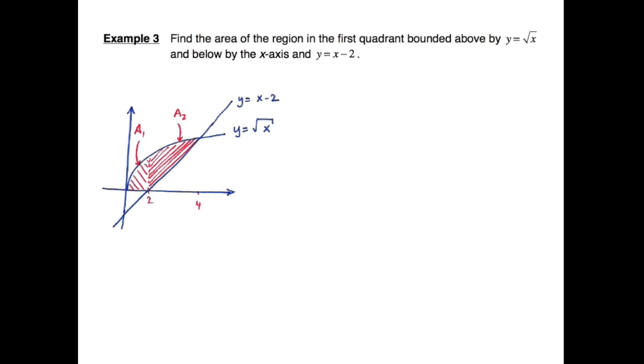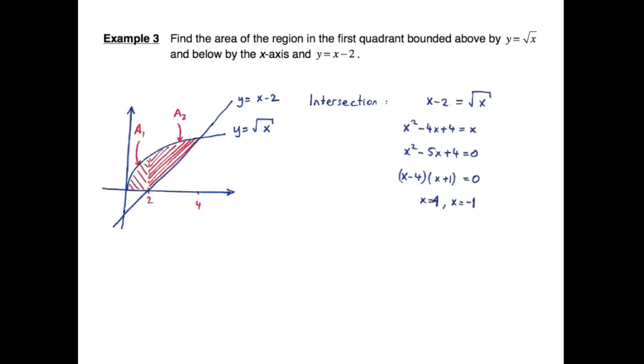We are not supposed to know it, but we can find it by solving x minus 2 equals root x. I take the square, put like terms together, factorize, or use the calculator, or use the quadratic formula to find x equals 4 and x equals negative 1. X equals negative 1 is an extraneous solution, so this x equals 4 is the first coordinate of the intersection that we needed. Now we'll integrate